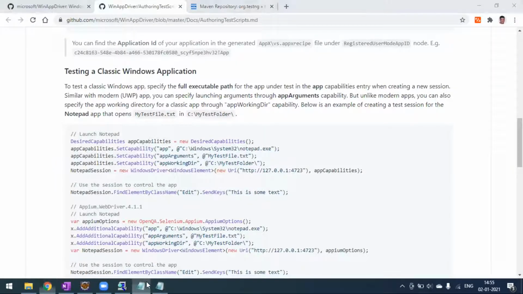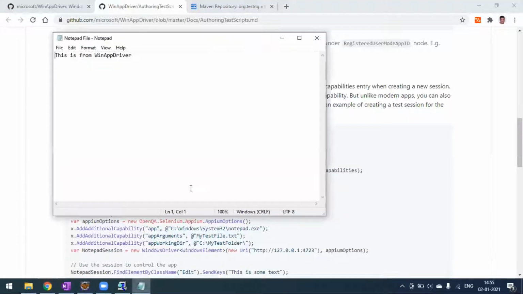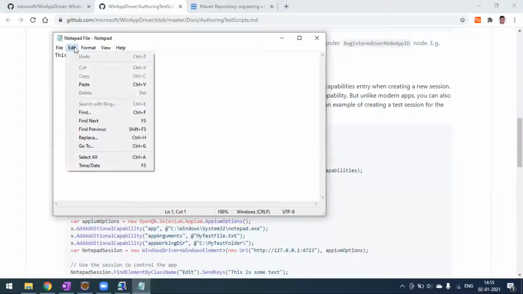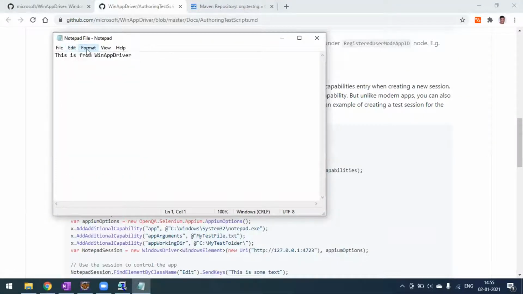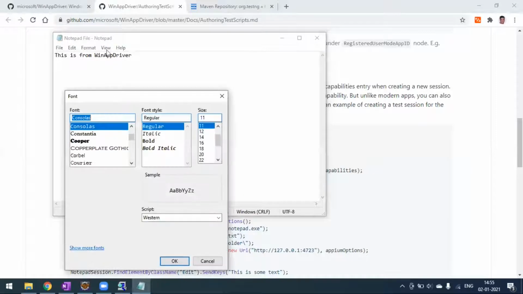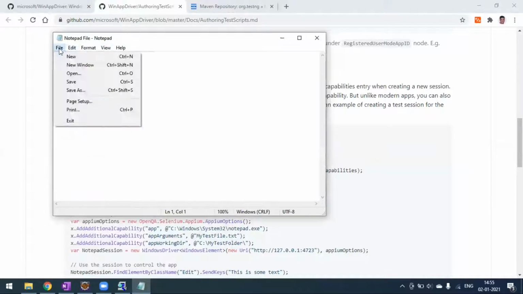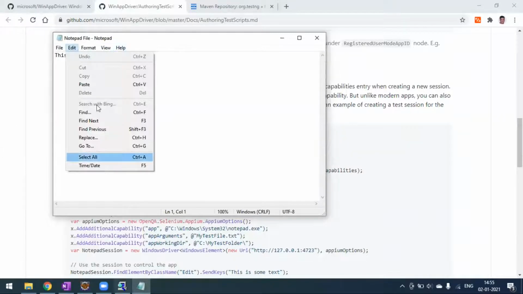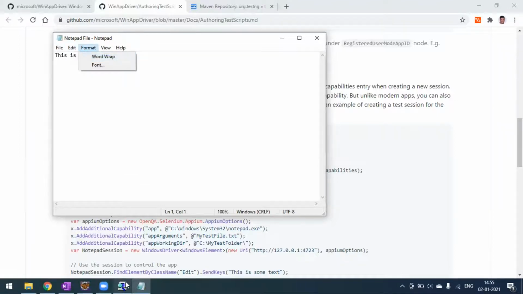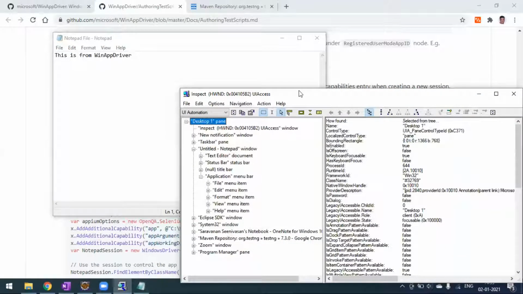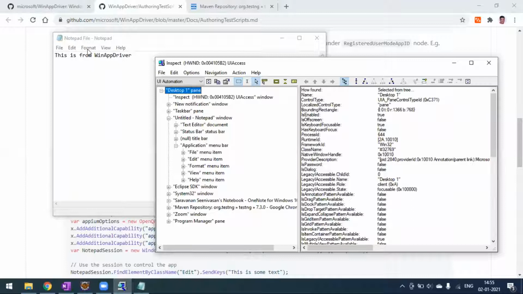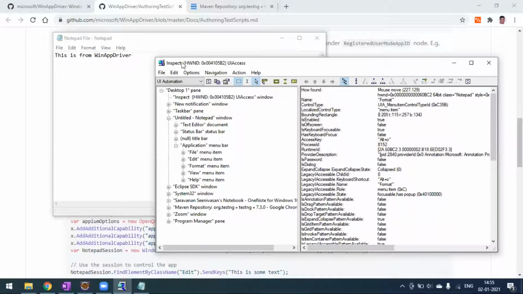So now what we do, we additionally do some other operations. Similarly, we'll go to the edit option and we'll go to format and we'll try to format this font and everything. Okay. Or we'll go to this view. I mean, we can navigate to all the menus. Okay. We'll try to navigate to all the menus. So we have done this save option, right? After save, what we have to do, we have to go to this edit menu, right?